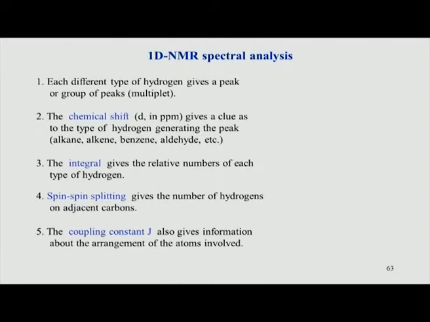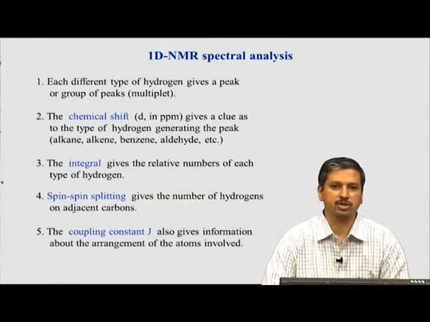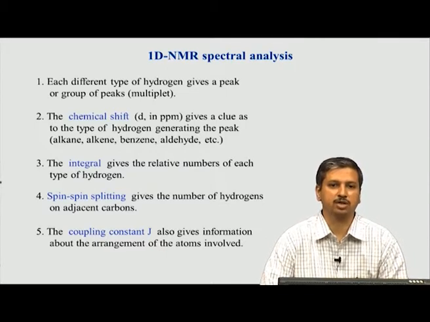Typically the NMR spectrum consists of the following 4 parameters. If you record any NMR spectrum of any compound, these are the 4 things we will have to analyze. The first thing we look at is the chemical shift. This is the heart of NMR spectroscopy, and chemical shift is directly related to the structure of the molecule. It also gives information about the different functional groups such as alkane, alkene, benzene, aldehyde. So, chemical shifts are very important, and they are measured in units called ppm. Shortly we will see how this ppm scale is generated.